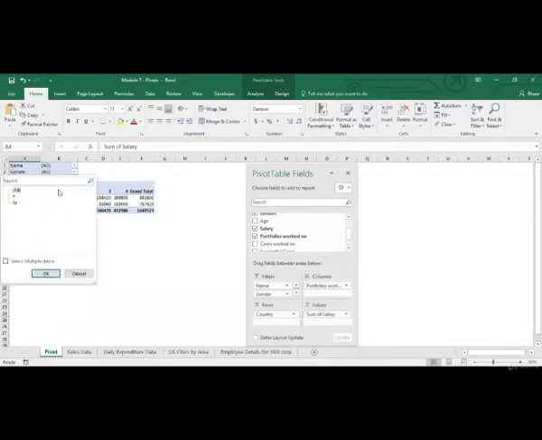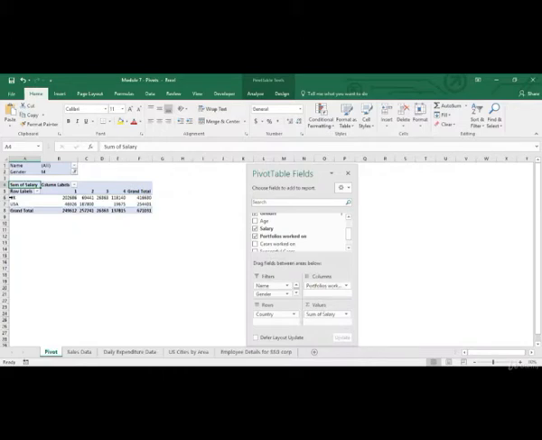So again, click on gender. Now for selecting only male, I'll click on M and now I'll click on OK. Now whatever numbers we are left with over here, they all belong to the male population.